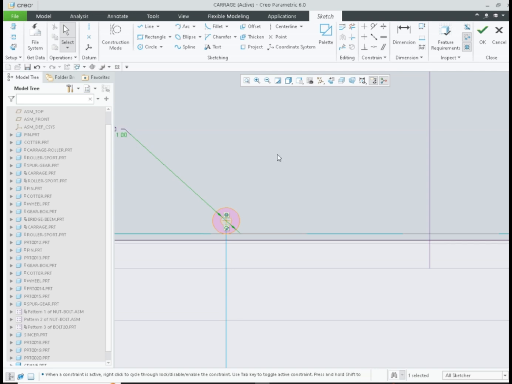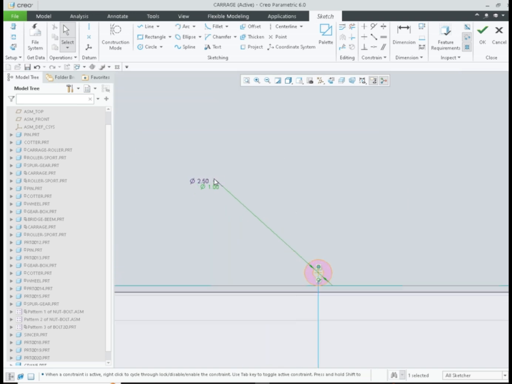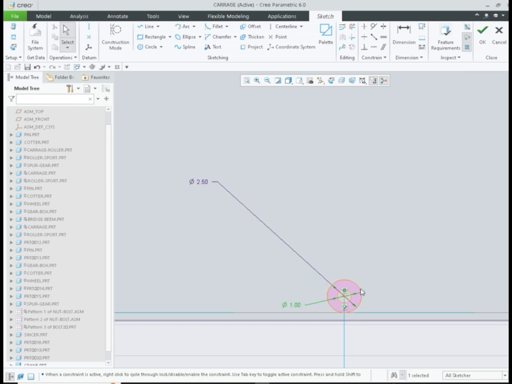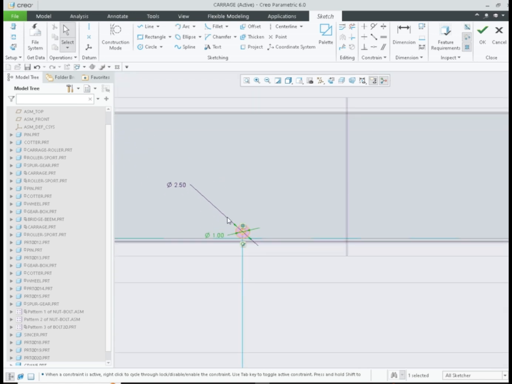This allows us to ensure that the part fits correctly and has the right dimensions within the assembly. Using this approach saves time, as compared to creating parts separately and then trying to fit them into the assembly.